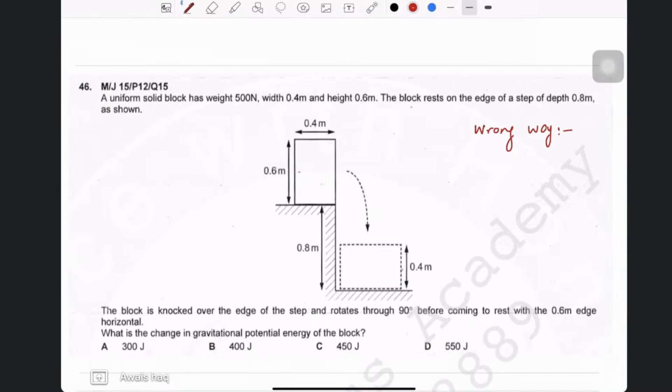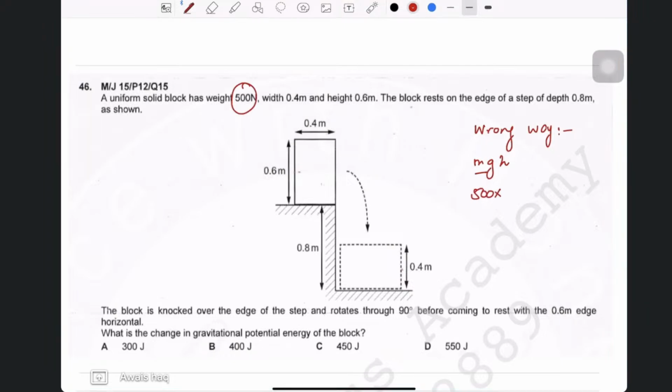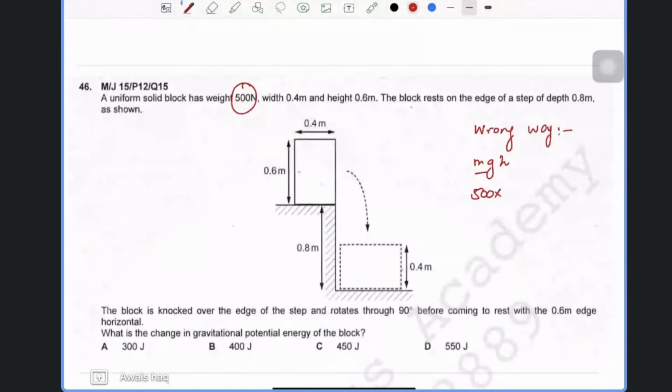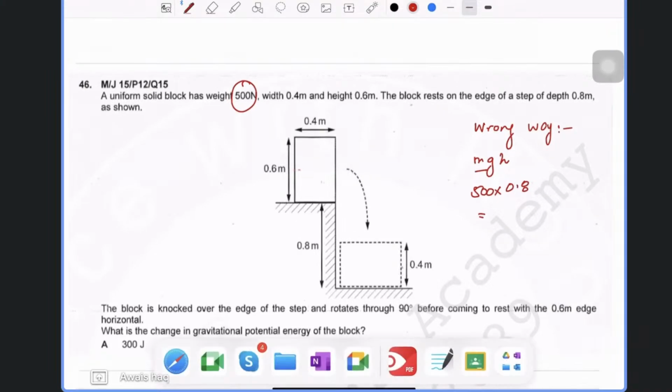Sir, the height of the cup? No, the height it has fallen from. Can you guess that? Yeah, from 0.8. Yeah, 0.8. So if I want to find gravitational potential energy, which is mgh, what should I do? I have the weight, so mg is 500, and should I multiply what? No, you don't multiply the gravity, you multiply just the height. So what is the height? 0.8. Now what he told me is what most of you might be thinking, and that's absolutely wrong,